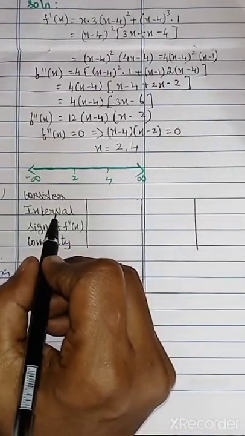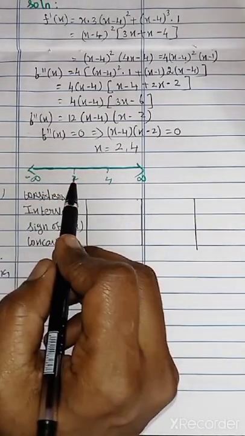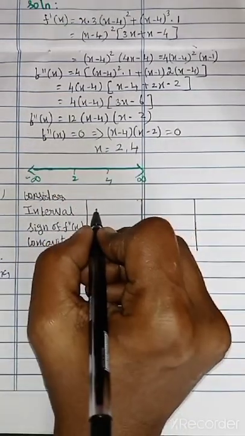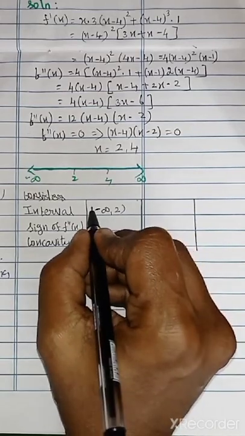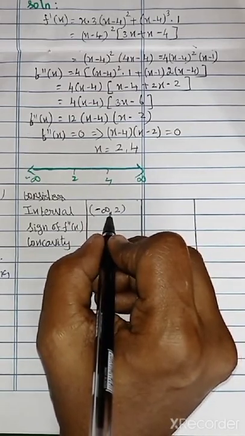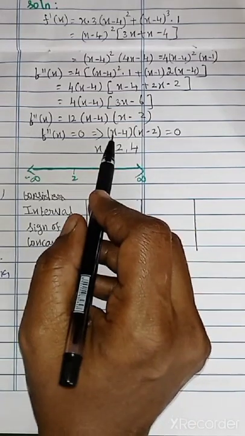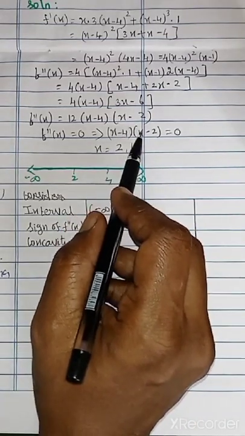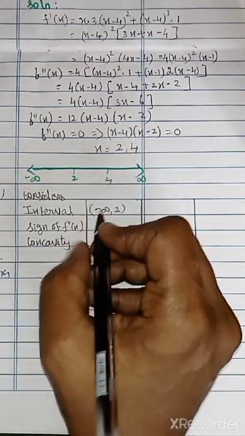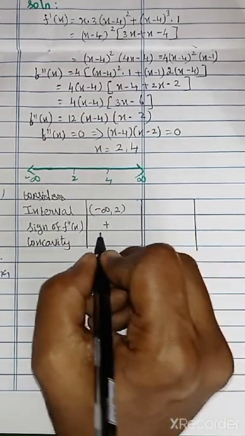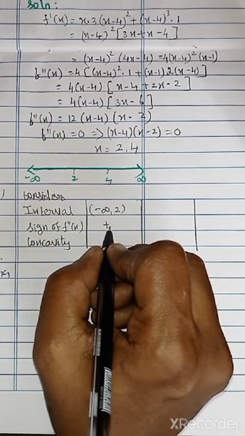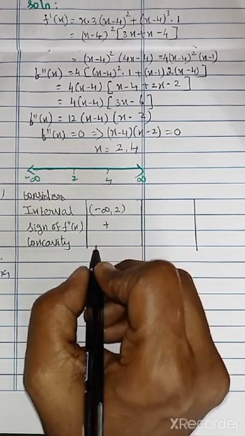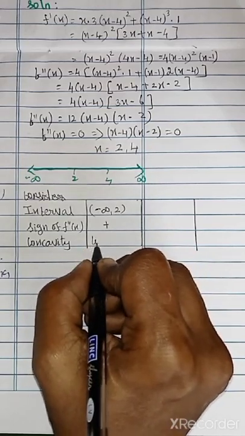So first, what interval can we take? Minus infinity to 2. Which number can we take? Can we take 0? If you substitute 0 here, minus 4 minus 2, you will get a positive value. Correct? Minus into minus is plus. So plus means f double dash is greater than 0. Greater than 0 means it is concave